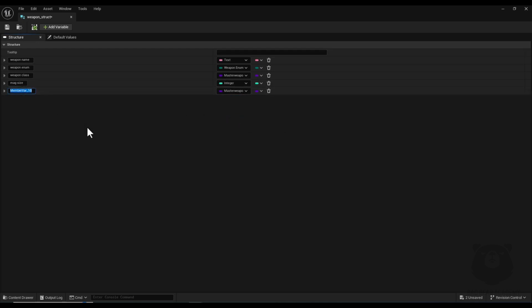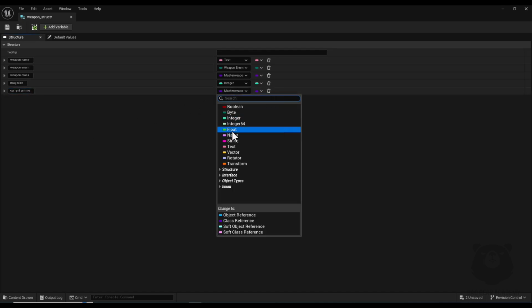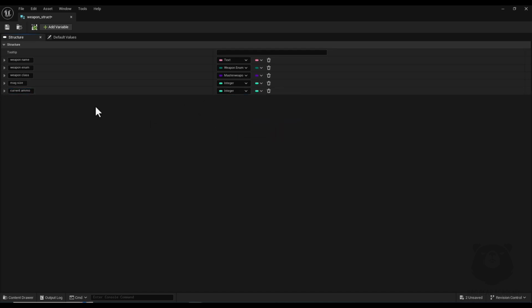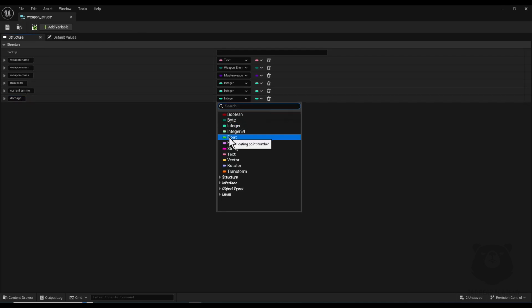And for the next one I name it current ammo, and I also set it to integer. And I also add a new variable and I name it damage. For this one I set float,